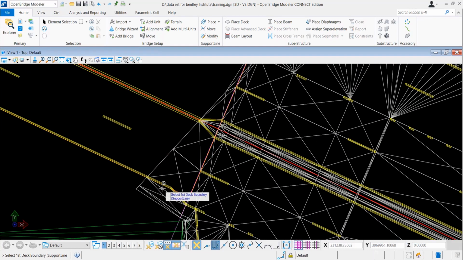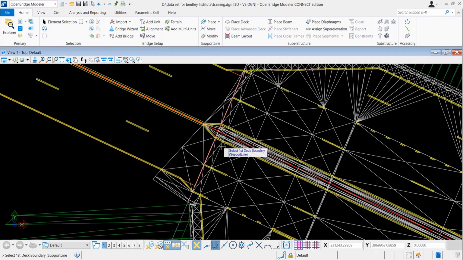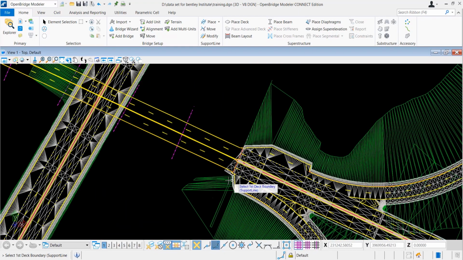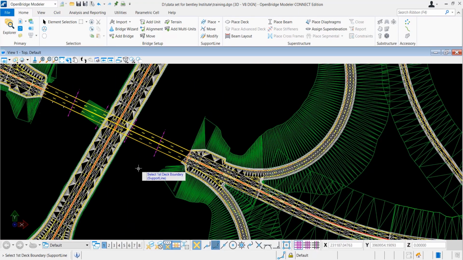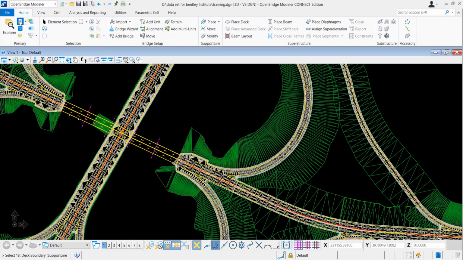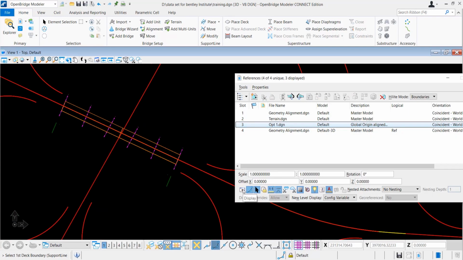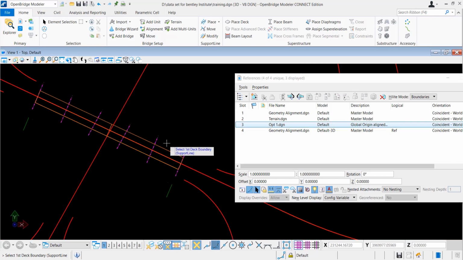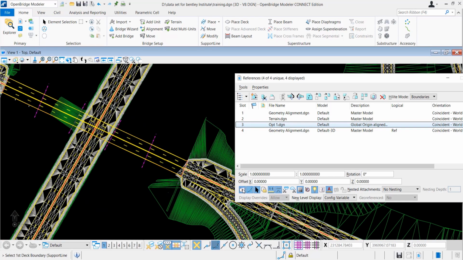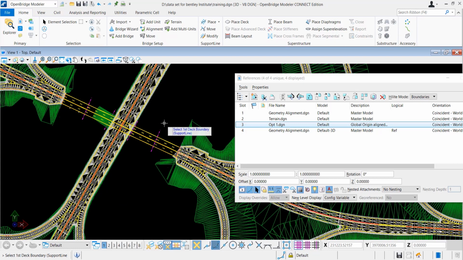Now you can see the placement of the deck, and it exactly matches my corridor modeling. What the highway engineer has placed, he or she also placed the width for me, so it exactly matches that width. So I am done with all the information. I take the start and end points and the width from there.